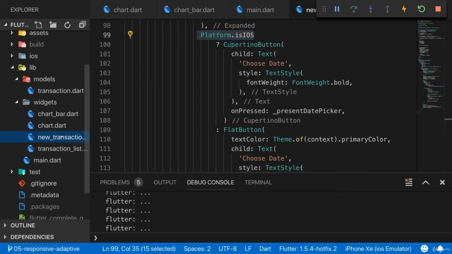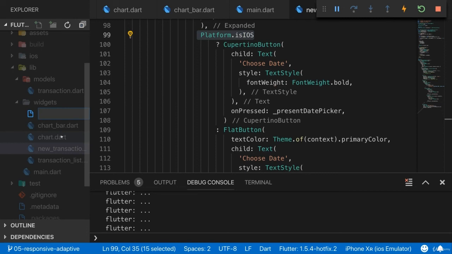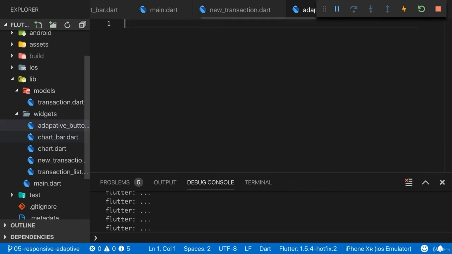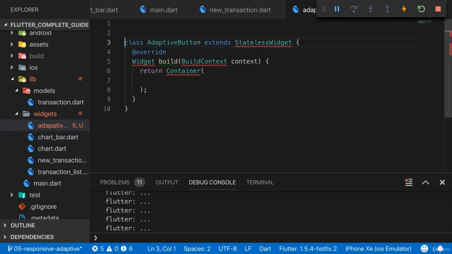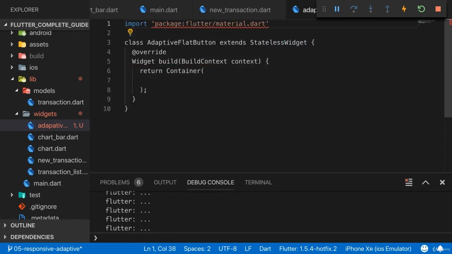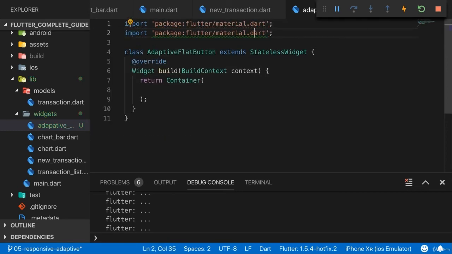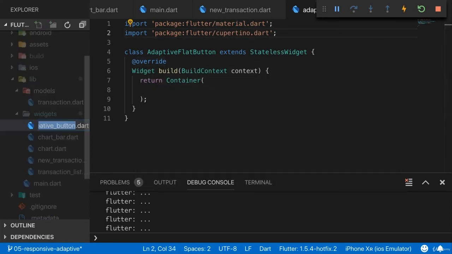For such scenarios, you can build your own widgets, your adaptive widget, so to say. You could name this adaptive button. The name is totally up to you though. And in my adaptive button.dart file, I would have a stateless widget, which I'll name adaptive button. And it's named adaptive button because it automatically adapts to the underlying platform and simply renders a button. Maybe adaptive flat button. So for that, I'll import material here and also Cupertino because I'll need that as well. So import Cupertino.dart. And since I renamed the class here, I'll also rename the file name to adaptive